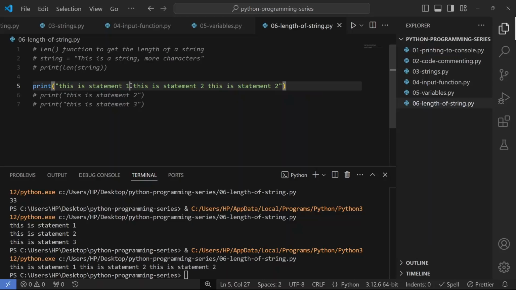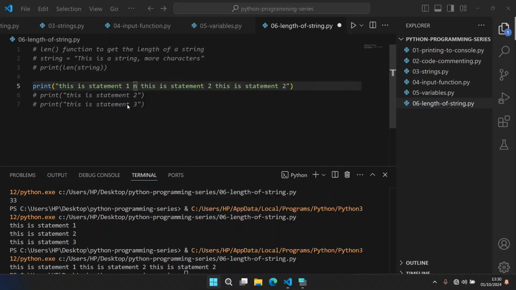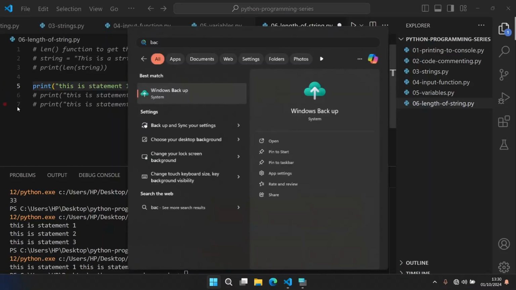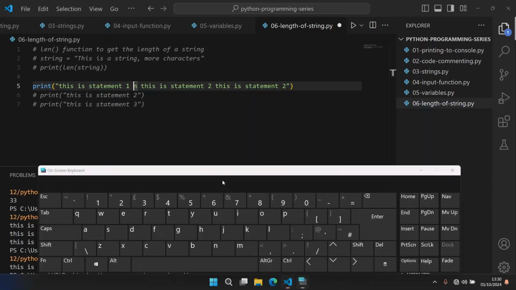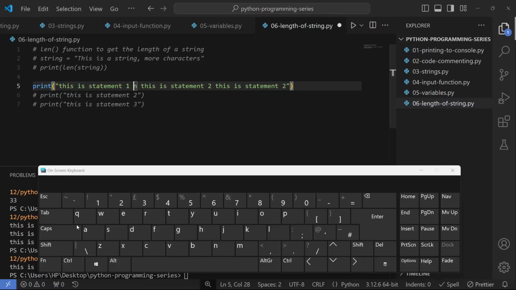To achieve multiple lines, you use the newline character. So you use n, but normally this is going to be considered as part of the string. So to escape this as not part of the string, you use a backslash. Right, let me call my on-screen keyboard. I don't have a backslash on my keyboard. So use backslash. And then you come to the end of statement 2, you use backslash. Alright, if you save that